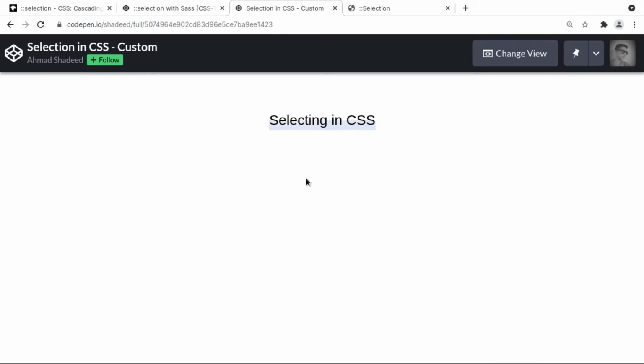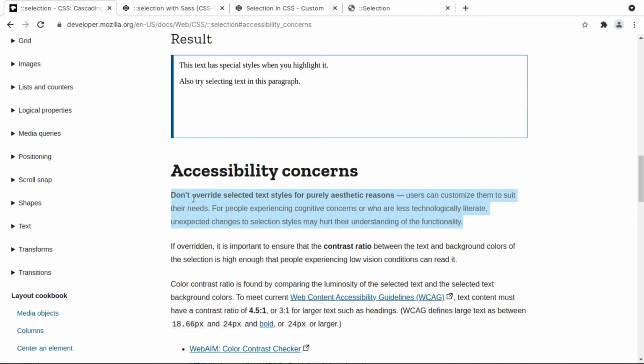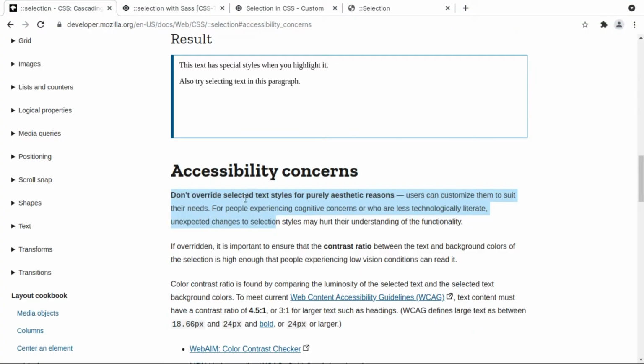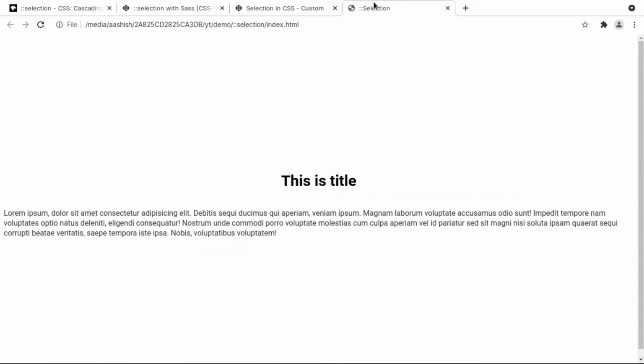And in this video we are going to focus on how to apply custom selection like this. This is the custom selection for our Chrome browser. For Firefox it's obviously different, for Brave also it's obviously different. The default styling or the default highlights vary from browser to browser, but in this video we are going to see how we can actually take advantage of that feature and implement it in our HTML file or in our website. So in this video we are going to just create some text and highlight that text.